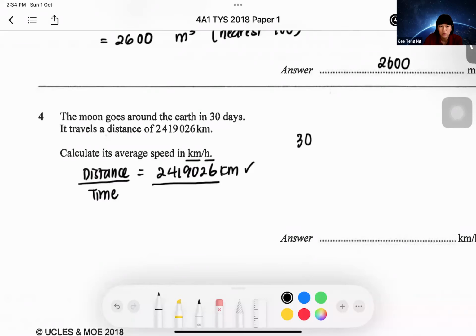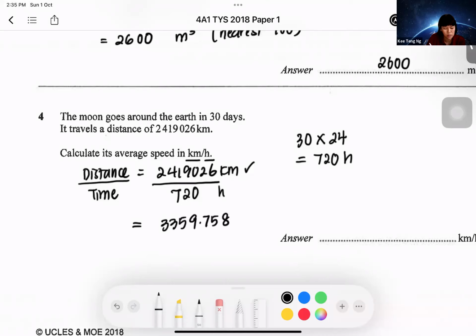One day, there are 30 days, right? One day has 24 hours. Right, so I need to change this to hours. So 30 times 24 gives me 720 hours. So I'll put this answer here, 720 hours. Now take this number, 2419026, divide by 720 hours. Right, and we get the number